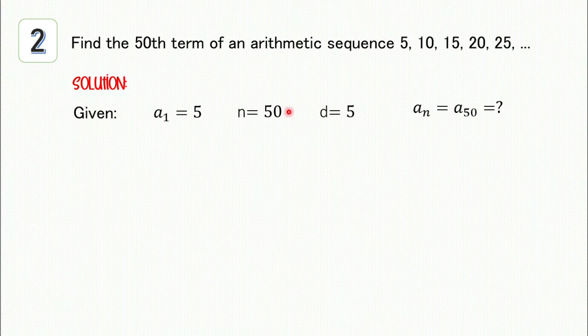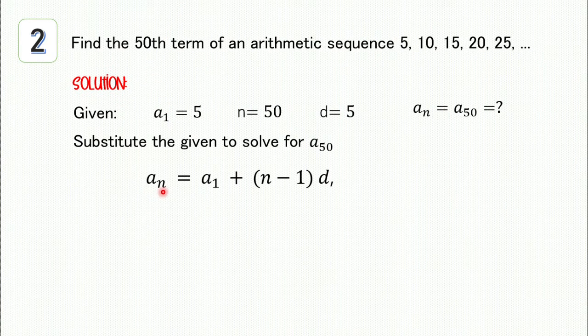After we able to determine lahat ng given, ay ating i-substitute sa formula para makuha natin yung a sub 50. This is given by a sub n equals a sub 1 plus the quantity n minus 1 times d. Let us substitute lahat ng given. So, a sub n is a sub 50 equals a sub 1 is 5 plus n is 50 minus 1